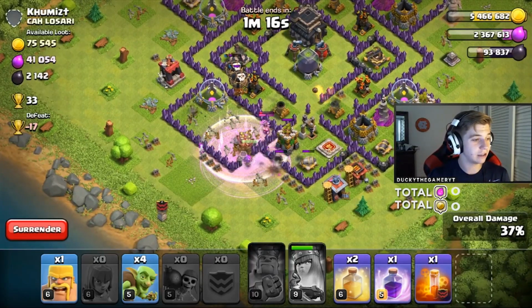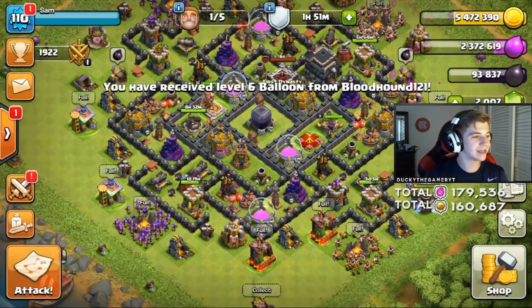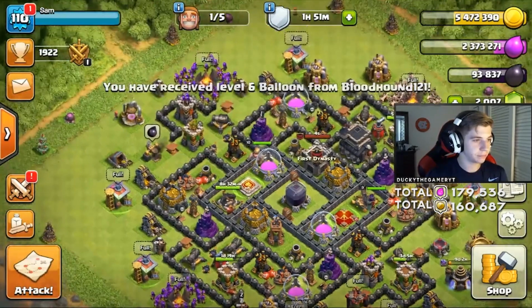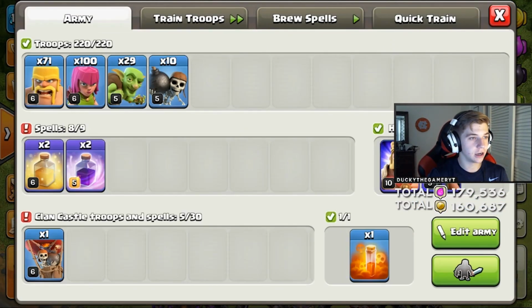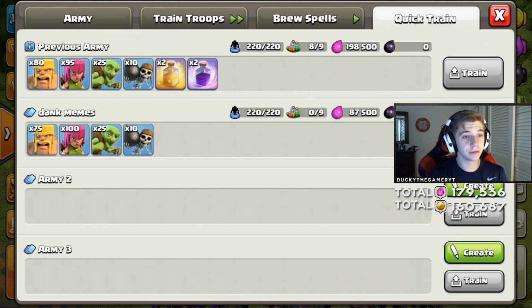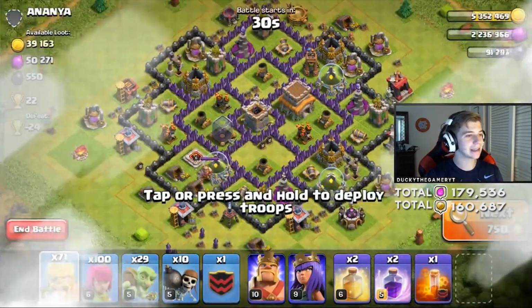We're not going to be getting the 50% sadly, so I'm just going to take the L because we spent 6 minutes searching for loot and only got 170k of each. But my troops are already trained up. I already have my composition. Let me just fix this real quick. I already have my composition in quick train, so I just click train, click attack,